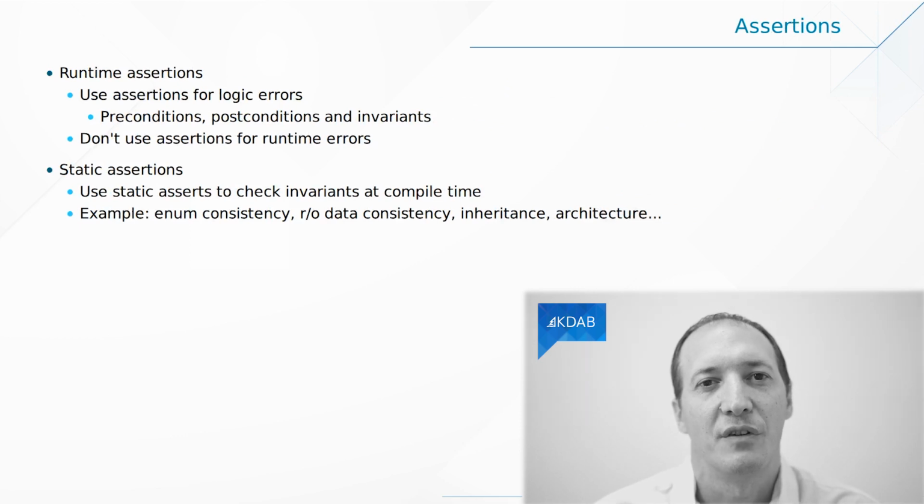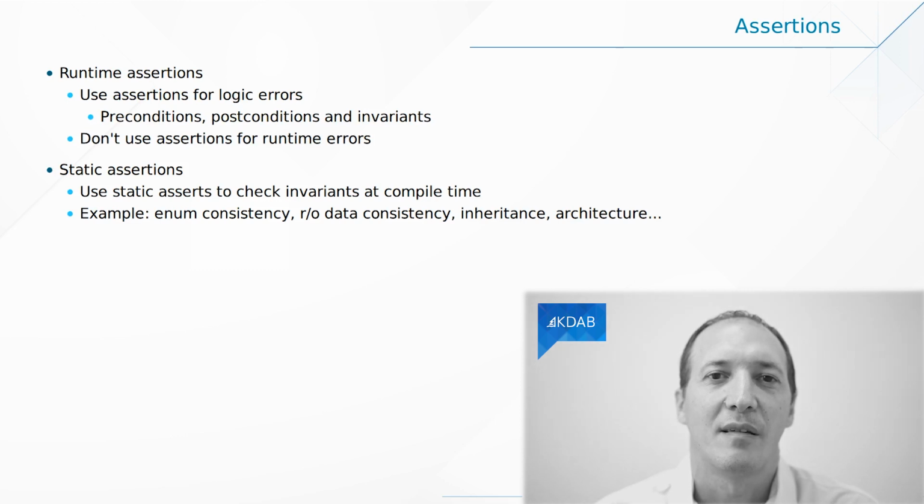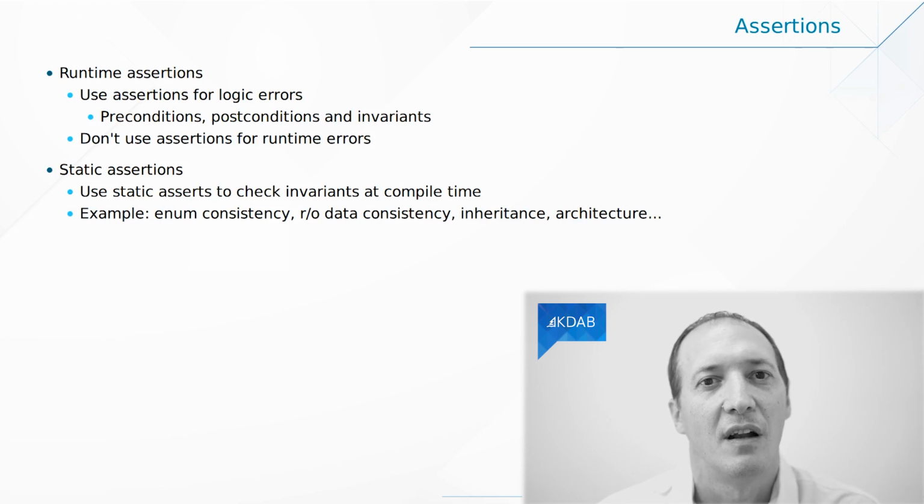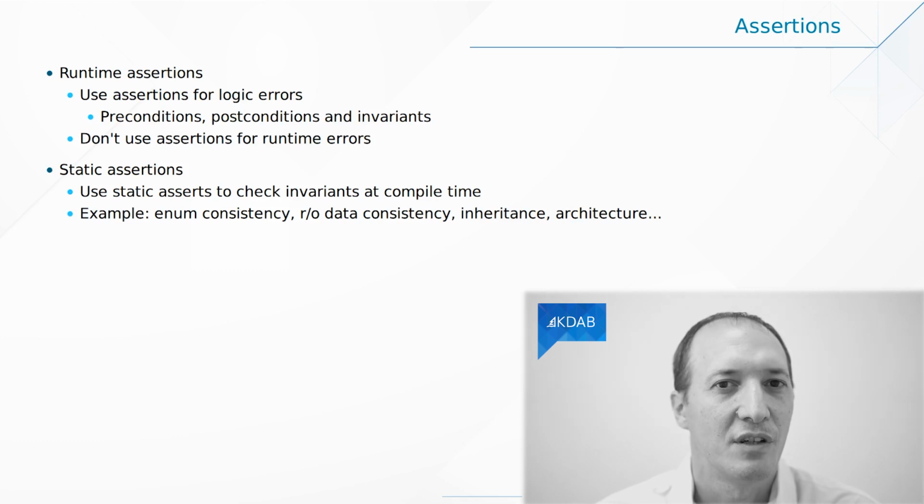Now let's talk about assertions. These are, at runtime, a way to say, this should never happen. If it does happen, stop the application and let me debug why it happened. So that is something you would use for logic errors. You think your program is done in a way that this can never happen. So this is especially useful for preconditions, like this pointer shouldn't be null before being passed to this function, or postconditions, like this function will never return a null pointer, or invariants, things that shouldn't change while the function is being executed. But of course, it's useful for many other things as well.